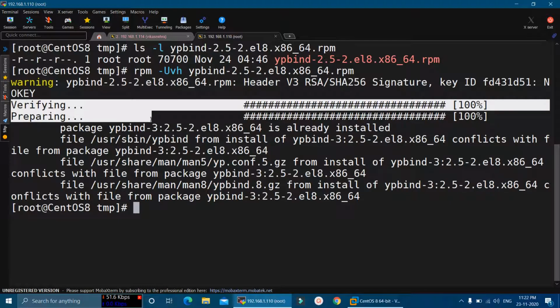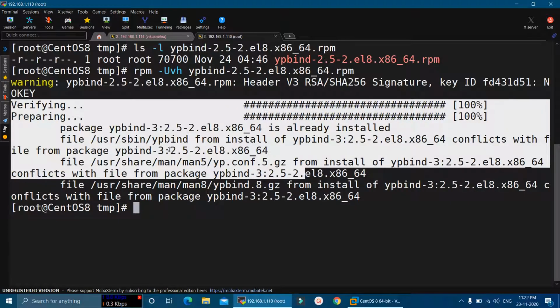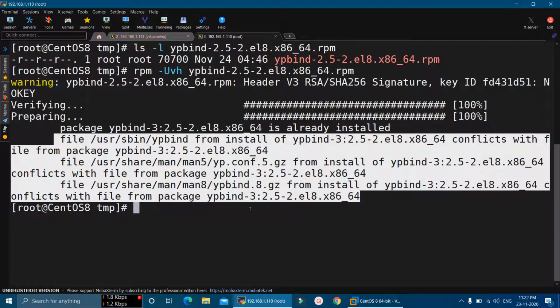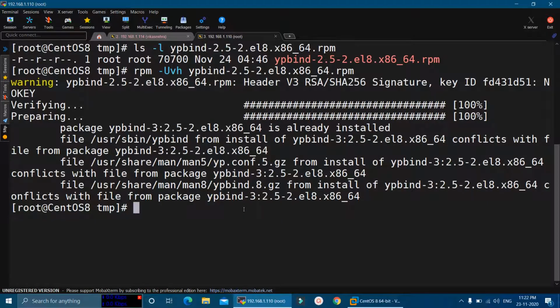It will verify and install this package. Actually the latest version of ypbind is already installed in my machine. That is why we are getting these warnings here. Otherwise the package is fine. In the same way, we can easily convert any other Debian package into RPM and we can install it. So guys, that's it for today's session, where I have shown you the method to convert .rpm packages into .deb or .deb packages into .rpm, and you can easily install them on the different flavors.